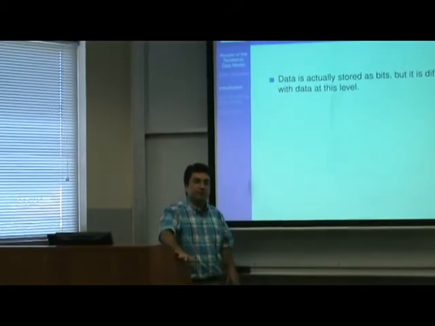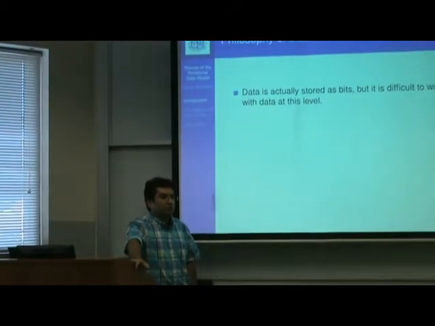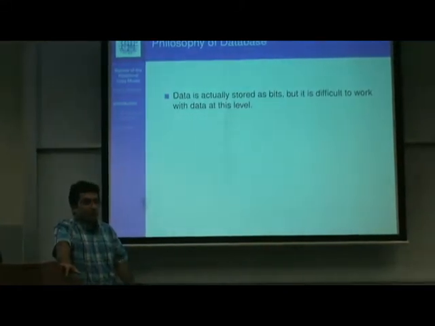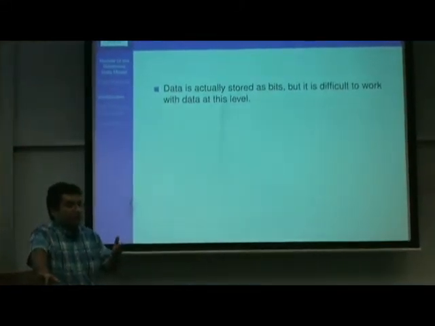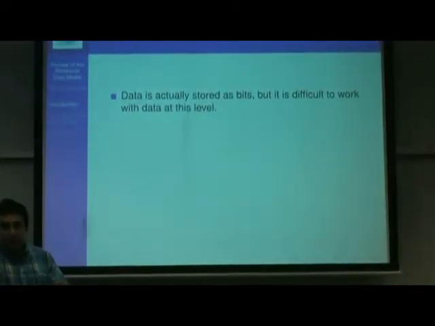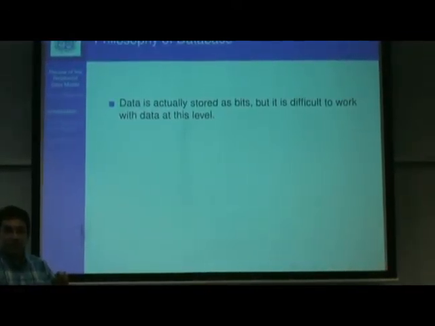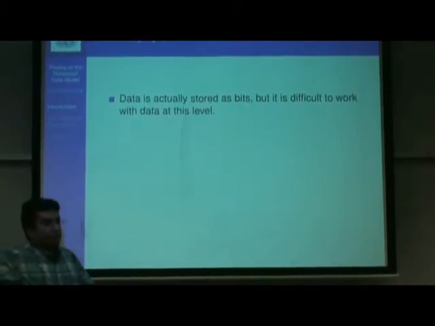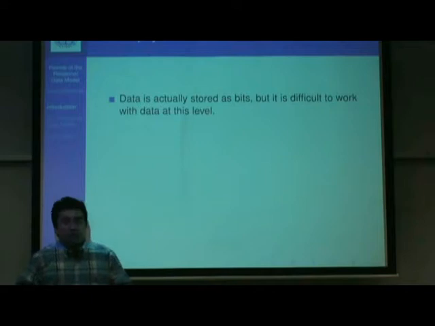Assume this level of data. Is it easy to work with this type of data? In order to manipulate, store and retrieve this type of data, you need to work with assembly instructions. You need to fetch them in the register, compare them. So it's not going to be easy to work with this level of